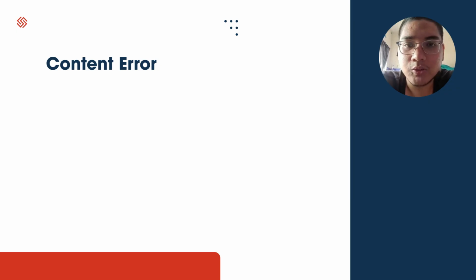Now let's move on to content error. The first error that I found is: this study is set to achieve its goal through the help of 10 students of grade 8 students. The error that I identified is accuracy in information. The correction that I made is: this study is set to achieve its goal through the help of 10 respondents of grade 11 students. This is because the study is about grade 11 students, so mentioning grade 8 students is incorrect and confusing.